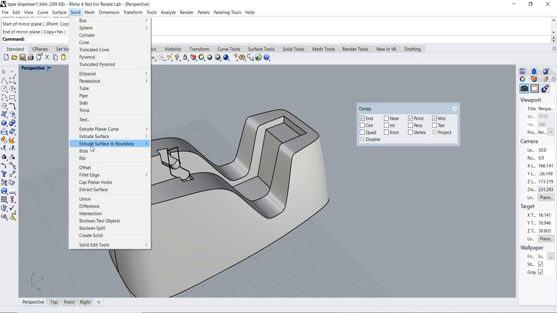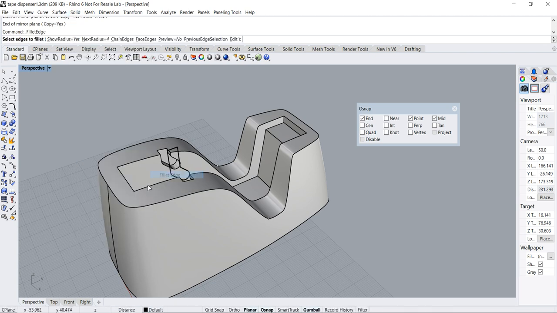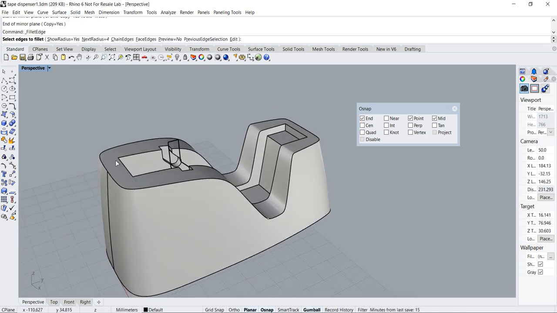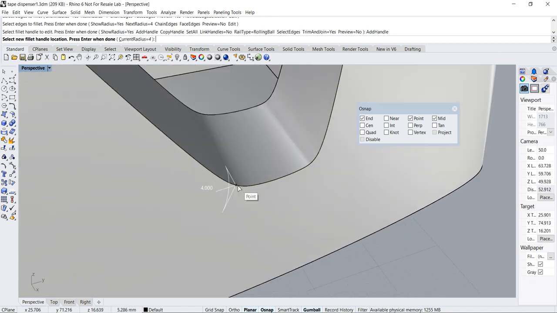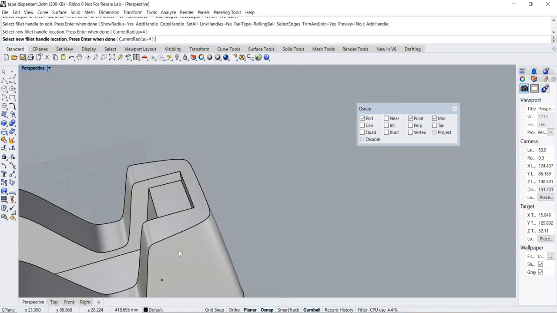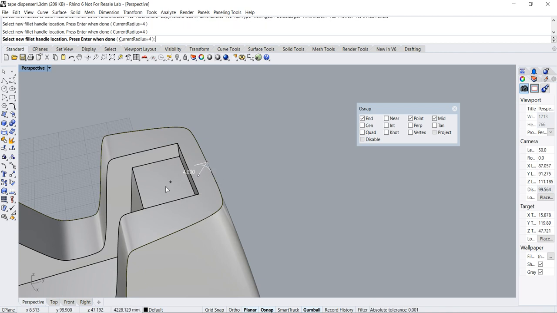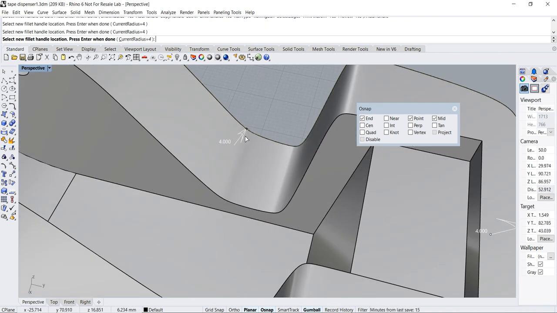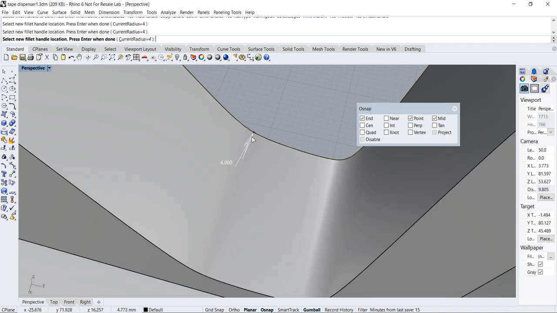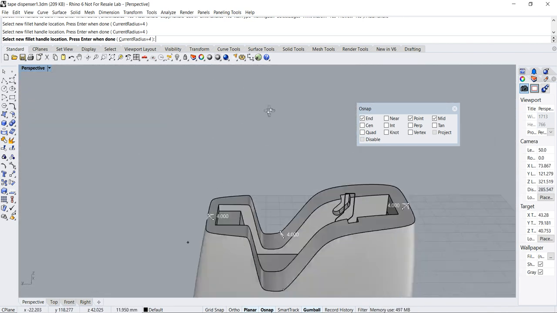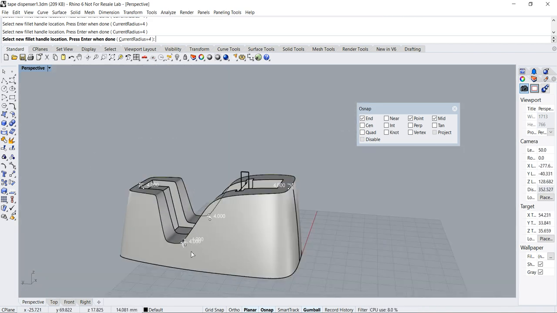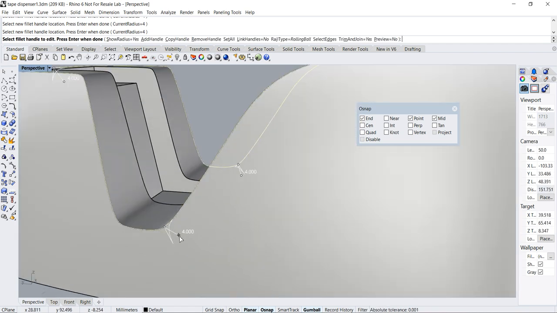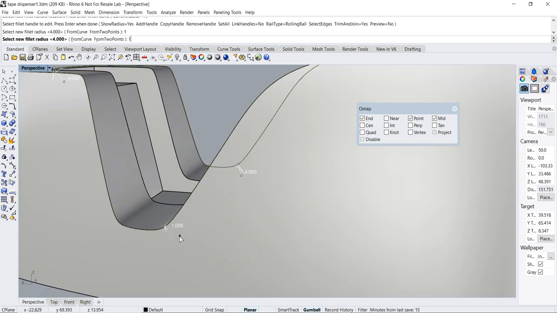We are going to do the fillet again. So go to solid, fillet edge. Select this, enter. Then click the add handle. Now we want to add a handle at the point here, so make sure it snaps to point. Another one at the midsection, and another one using the point. Make sure it snaps to point. Just to be sure, let's come over here. Yep. And then we need to press enter and change these values to 1,